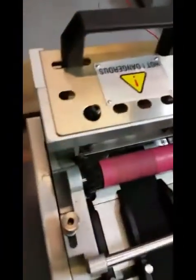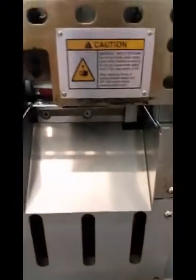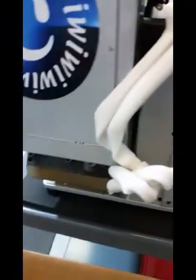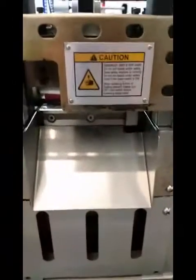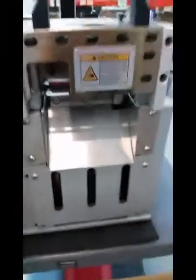So for that, I'm going to advance the material underneath the cutting blade. If you can see that, I'll get you a shot from the other side. So this is a 4 1/4 inch cutting blade. It's got hot and cold, so you'll see some cautions for the hot knife features. This is actually a separate blade that you would install onto the machine separately. So you just pass the material down to the beginning start position